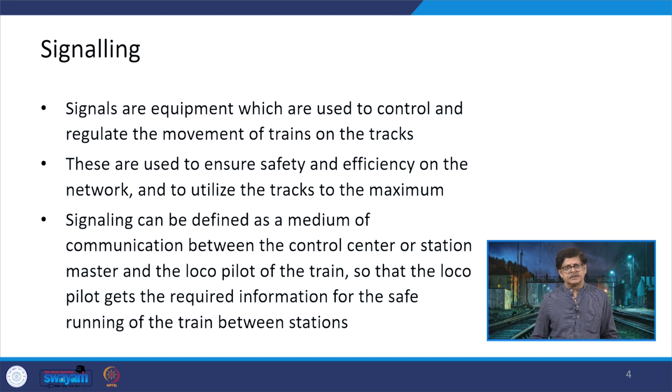So, what is signaling? Signaling means these signals are the equipment which are used to control and regulate the movement of trains on the tracks. What it means is that you have a big route being set, there can be stations en route,